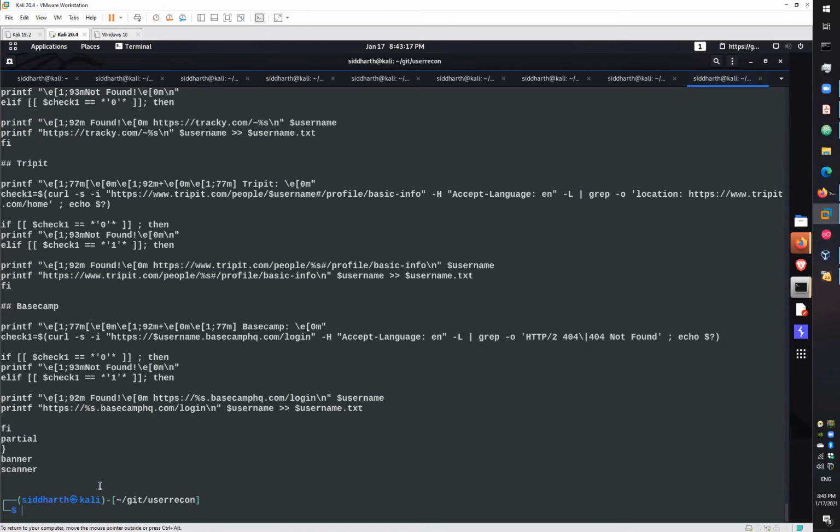The tool is not using any dictionary, not trying to brute force all the possible characters for that username. I give a username and the tool uses that input to find the user on the platforms written in this tool.